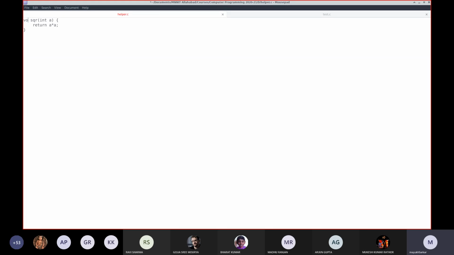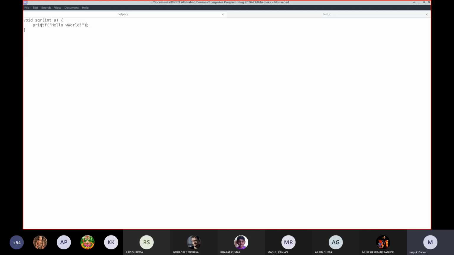Now suppose I'm writing void here, and obviously I cannot write return here, maybe say printf something, say hello world or anything. I'm just writing it randomly. Now obviously you cannot assign it to any variable. Now you are calling sqr(3). A is taking the value 3. Now here it is only printing hello world. Then without returning any data, it is simply executing.